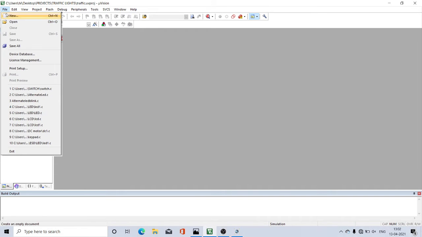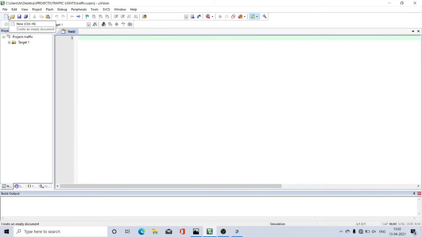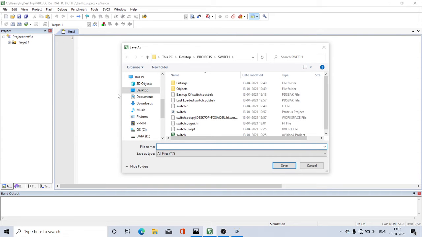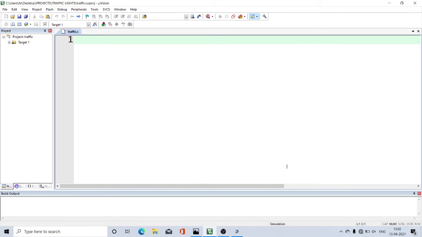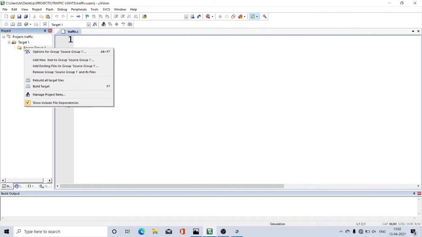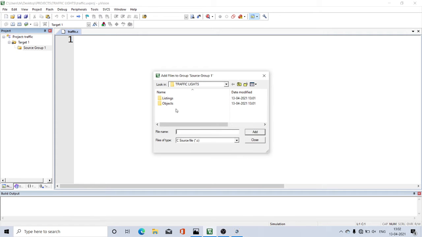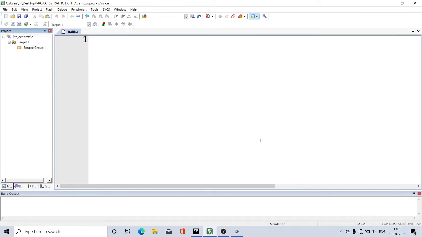Then go to the file, new, and we need to save this file with the .c extension, traffic.c. Then open this source group, right click, add existing files to the group. This is not created.